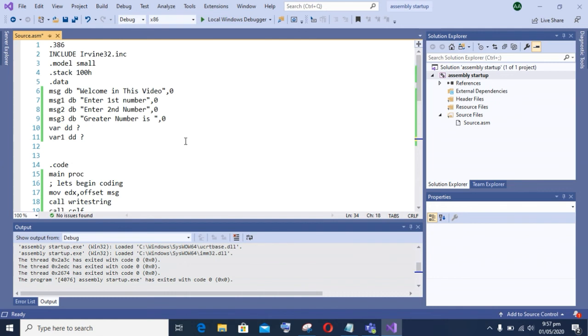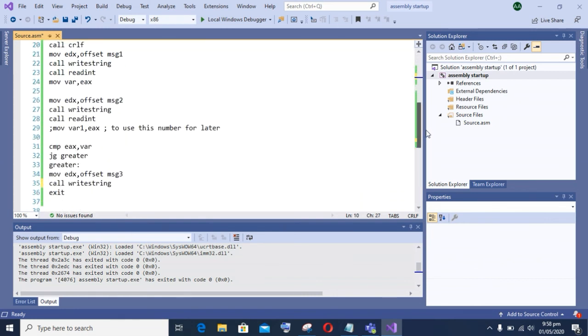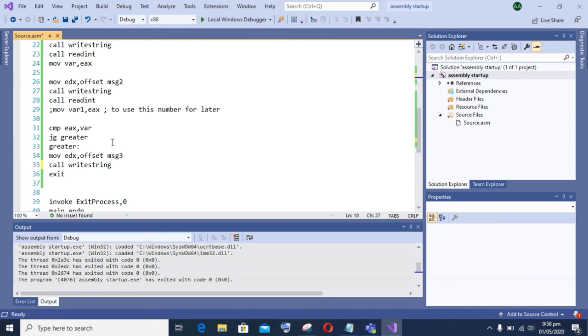To display the lesser number on screen, I have to type a message, that is, the lesser number is. Here I am typing the message number is less, and it will be displayed on screen if the second number is lesser. So here we have to use the lesser tag, that is JL, jump less, or JB, jump below.